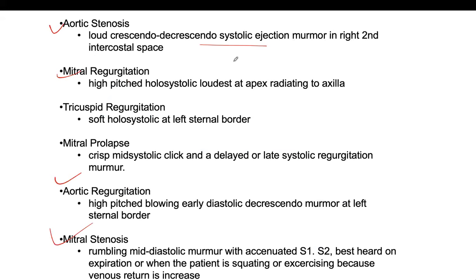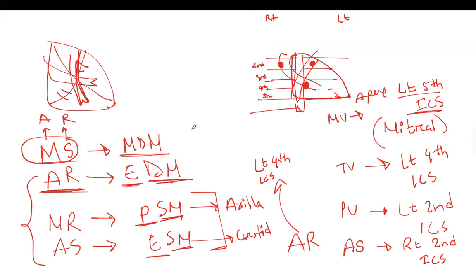Now, for most murmurs or most valvular heart disease, the treatment is usually just wait and watch and see how the patient goes, except aortic stenosis murmur. So I will just give you a slightly good idea about aortic stenosis, because this is the commonest valvular heart